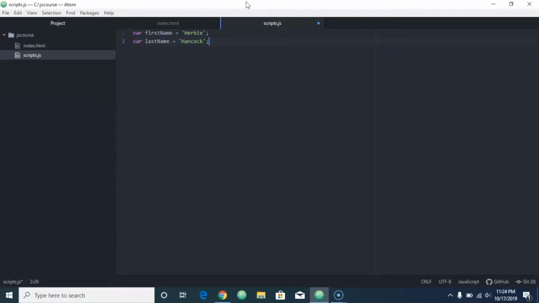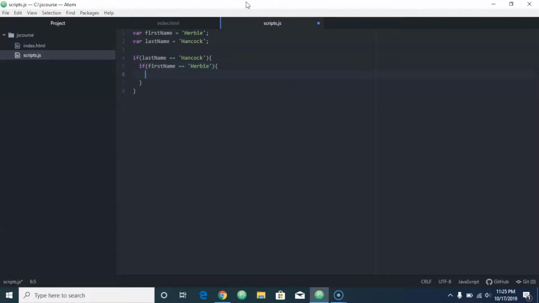It helps with your code formatting. It makes it a little easier to read, and it's something I suggest that you do. But anyway, we have our two variables right here. Now if we want to do an if statement, we can do if first name. Actually, let's do last name. If lastName equals Hancock, then what? Well, this could be something you're writing to check multiple names, and maybe two or three different people have the last name Hancock, so you want to check the first name. So if the first name equals Herbie,